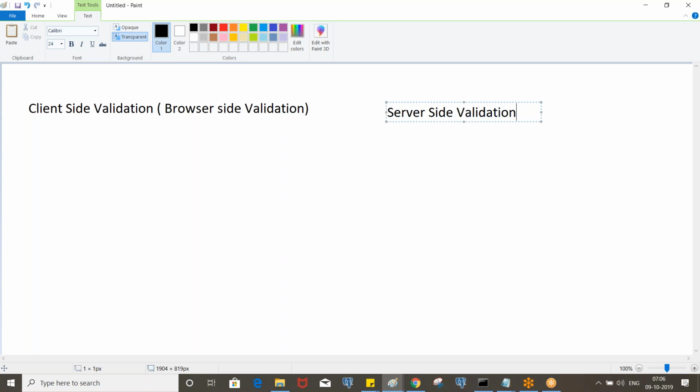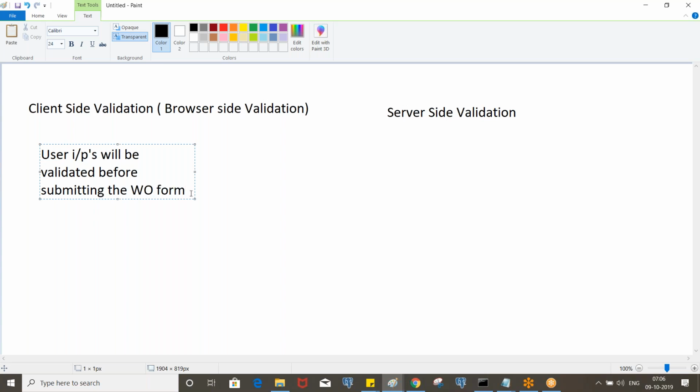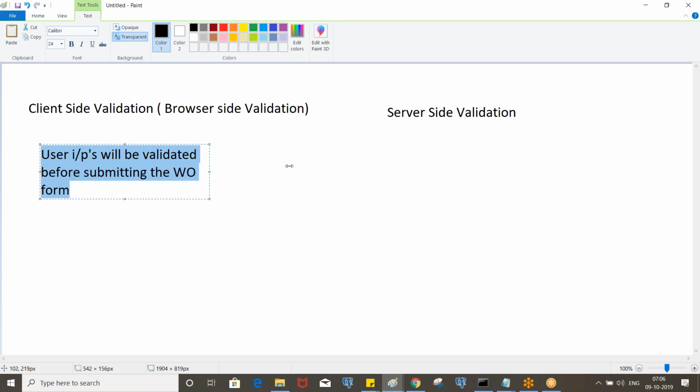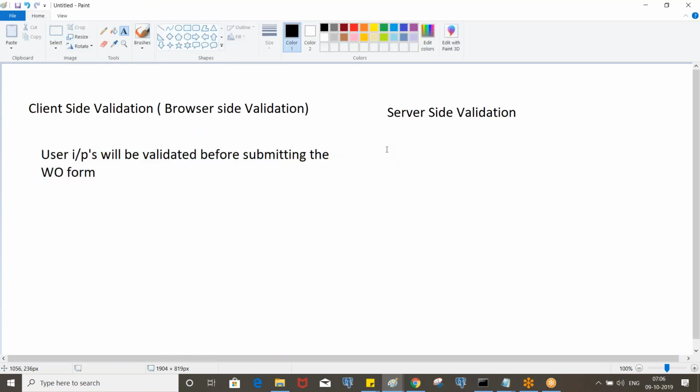User inputs will be validated before submitting the work object form. And server side is after submitting.